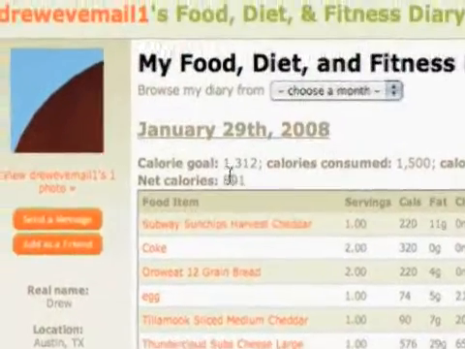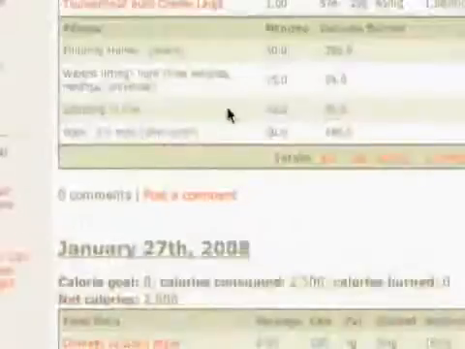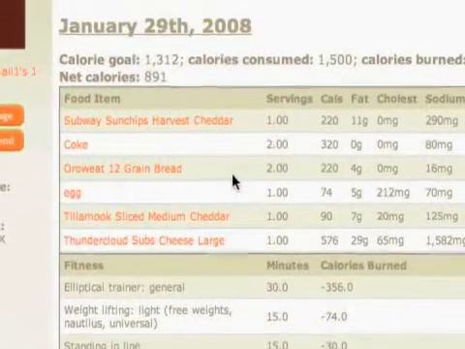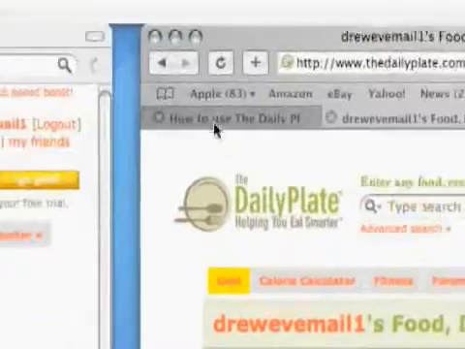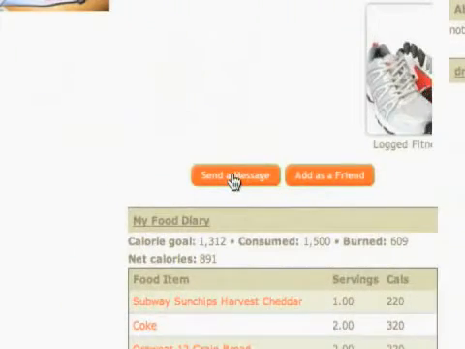Give it a second to load, and then there it is. This goes day by day for everything I've entered. Some other options, just go back, can send a message,